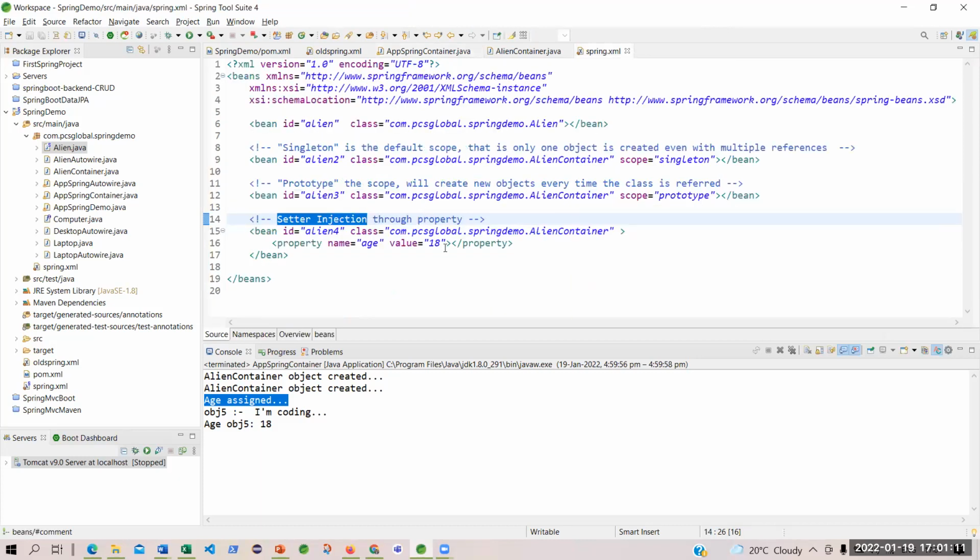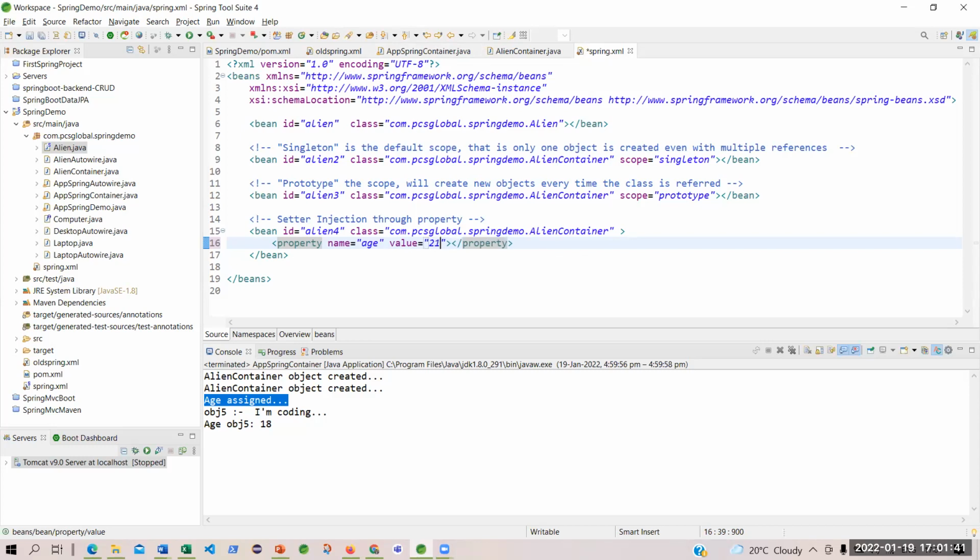So if today the company says I will take only persons with a minimum age of 21, then during the joining date, I will check the age. If the age is more than 21, then only the candidate is eligible for employment. So instead of changing in too many places, I'm doing it in one place because I have designed my code like this.